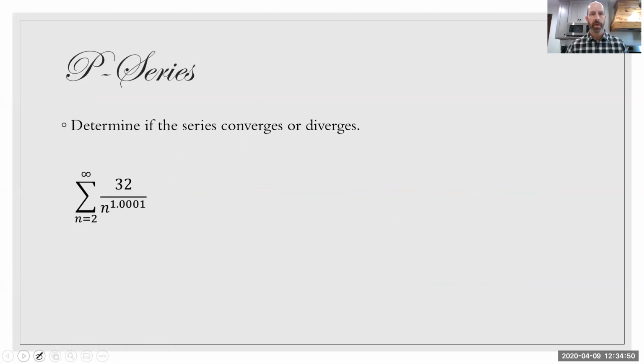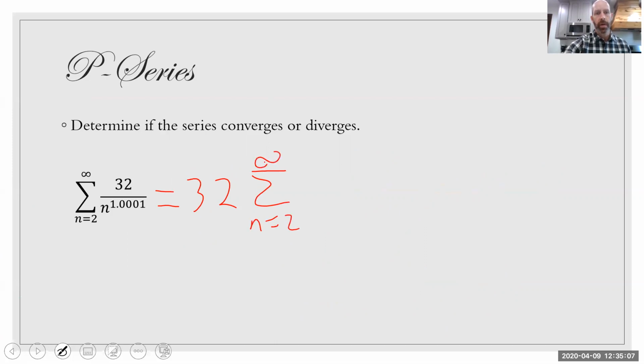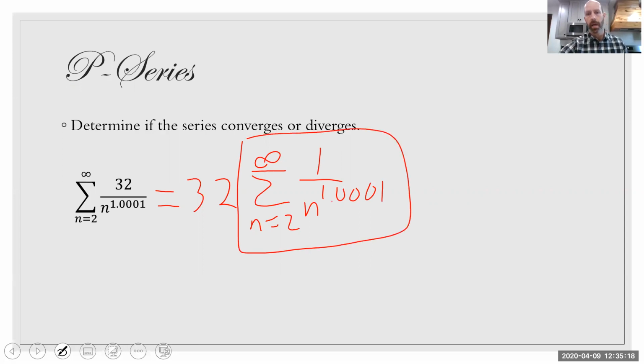Okay, so let's move on to P series. This is a P series. We're going to try to figure out if it converges or diverges. The first thing I'm going to do is pull out that constant on the top, which is the constant 32, n equals 2 to infinity. Then we're left with 1 over n to the 1.0001. So in this particular case, this is our P series, and we have that P here is